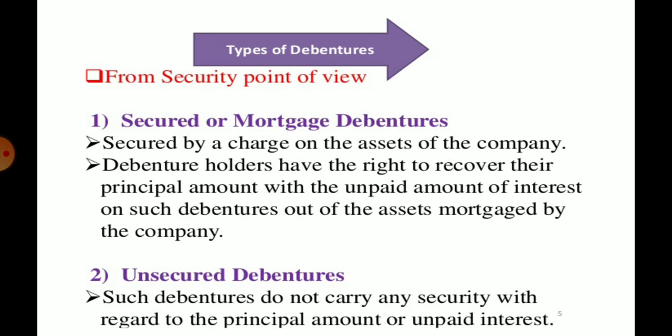From the security point of view, there are two types of debenture, that is secured and unsecured. In secured debenture, the company creates a charge on the assets of the company and debenture holders have the right to recover their principal amount with the unpaid interest on such debenture out of the assets mortgaged by the company. But unsecured debenture does not carry any security, so the principal amount and unpaid interest cannot be recovered from